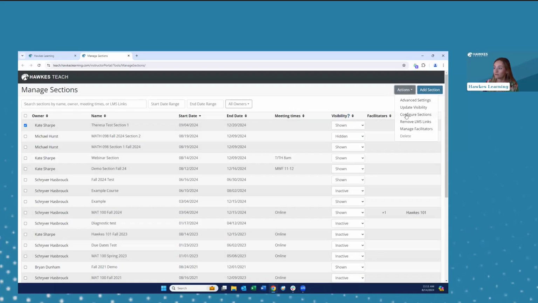Moving on to configure sections, this is the way that you can copy out all of the settings from a section to another. This is really useful for course administrators because say that you want to copy out the settings from the master section you have built to all adjunct sections. You can do that within configure sections, or say you're not an admin, you're just an instructor and you like the way that your course ran last semester, you can use configure sections to copy the settings from last semester